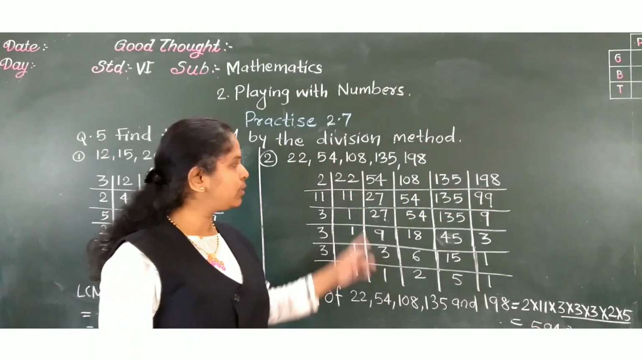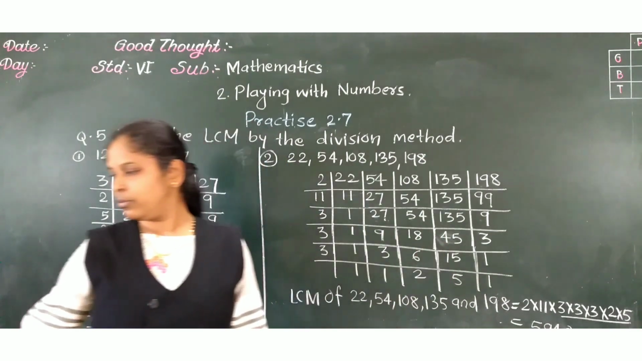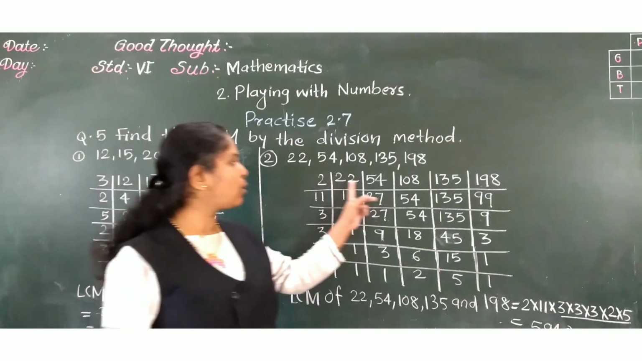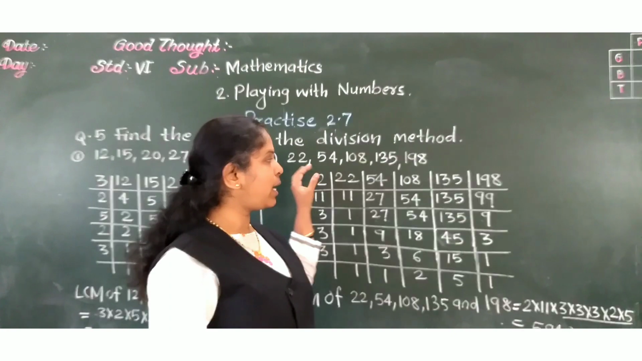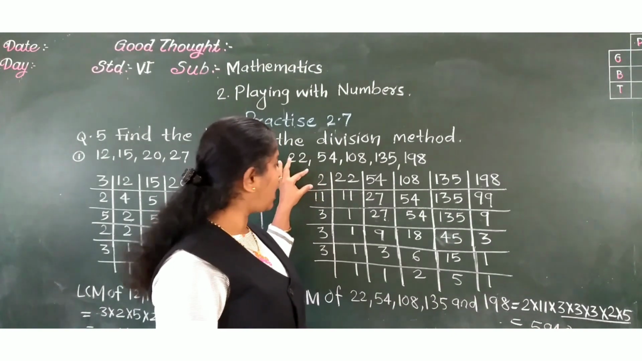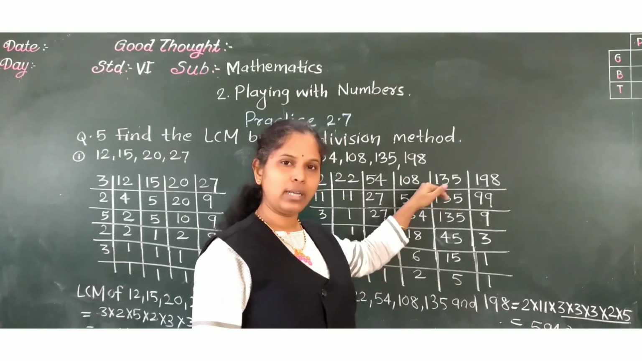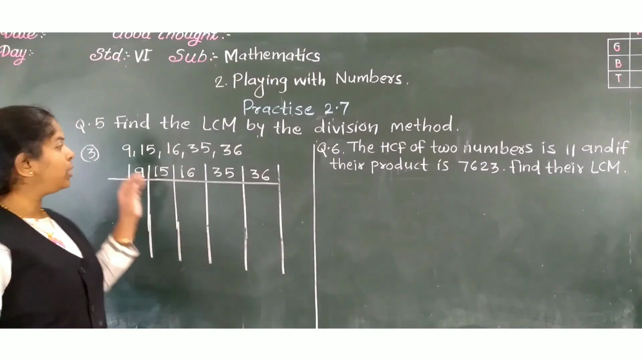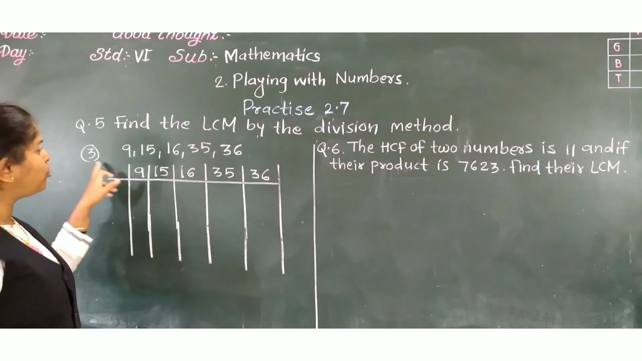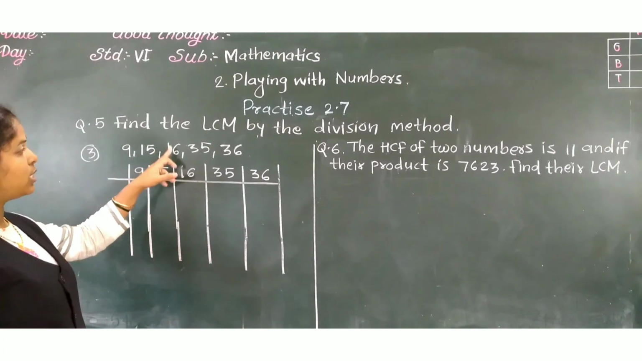Okay, followed? How to find out? First of all, whatever numbers are common, divisible by one number, with that you will have to divide, and the number which is not divisible we have to write as it is. Okay. Question number 5, in that third one, we have to find out LCM of 9, 15, 16, 35 and